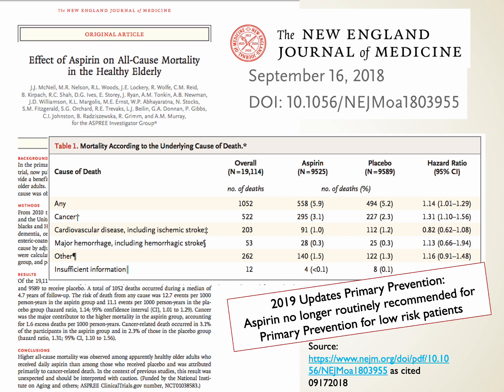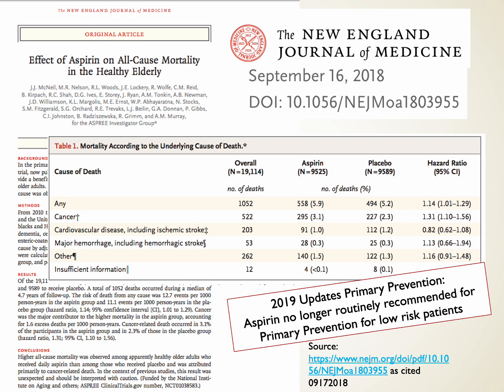This is based on a series of 3 studies published in the New England Journal on September 16th of 2018. This was the pivotal one. The 2 related studies in the same journal issue substantiated some of the findings in this larger study. This was a pretty robust, large study that looked at almost 20,000 patients, both in Australia and the United States, over the age of 70. They didn't have an existing coronary event or an existing stroke, but we were looking at, for this population, did it make sense to give them once a day low-dose aspirin to prevent a future stroke or a future